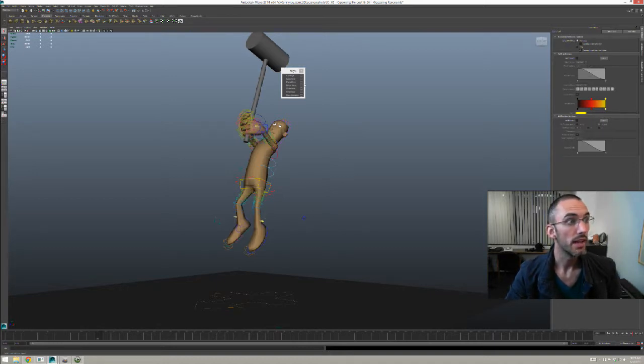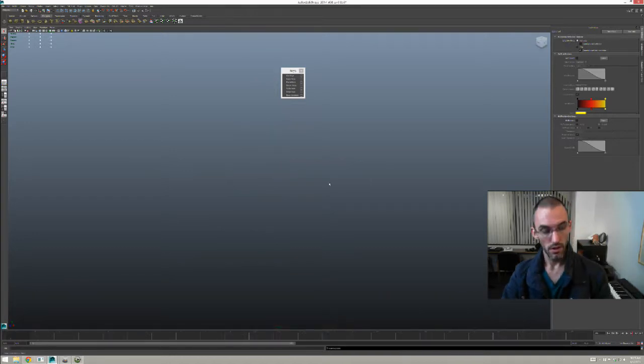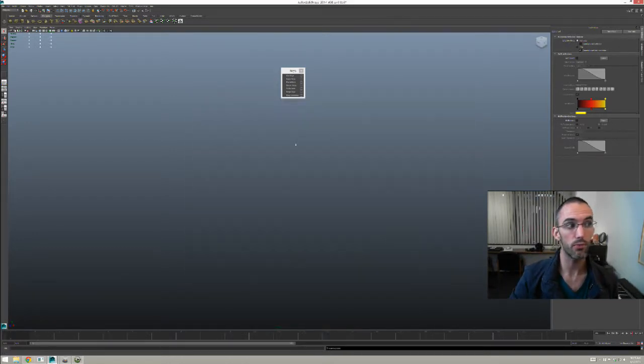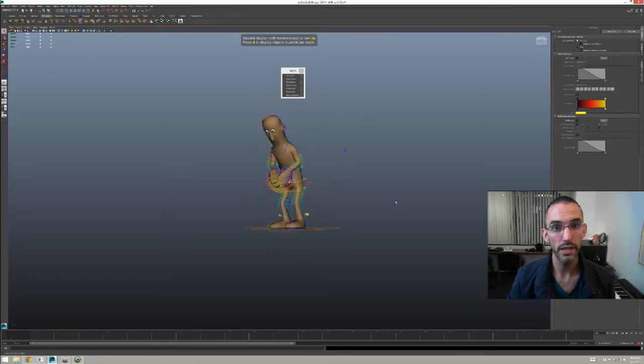And then what I'll do is it's still in the clipboard. So I'll go new. All right, so I know this is a totally fresh scene. It's totally fresh, everything is perfect. All right, and then I'll just do another paste keys. Okay, it's still on the clipboard. All right, and it only leaves the clipboard after you close Maya.